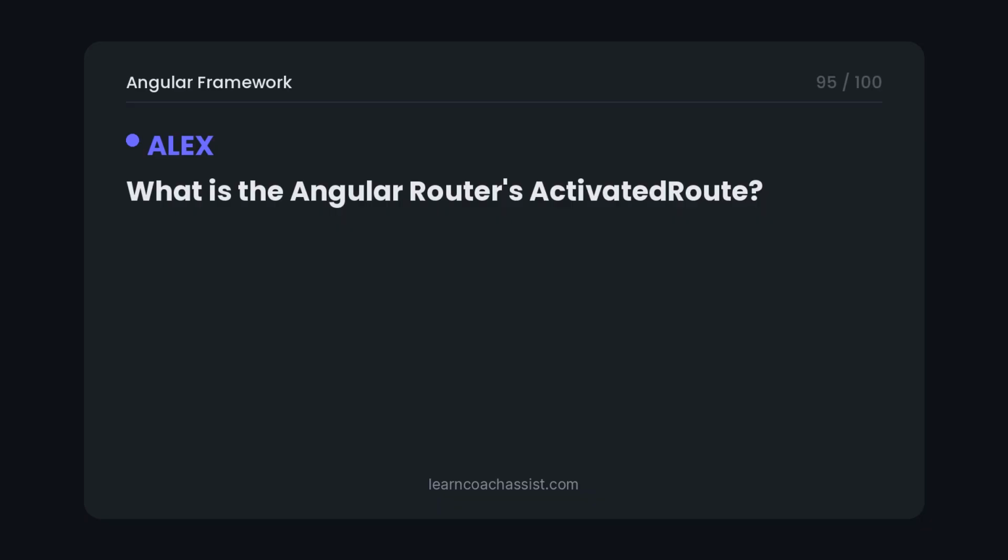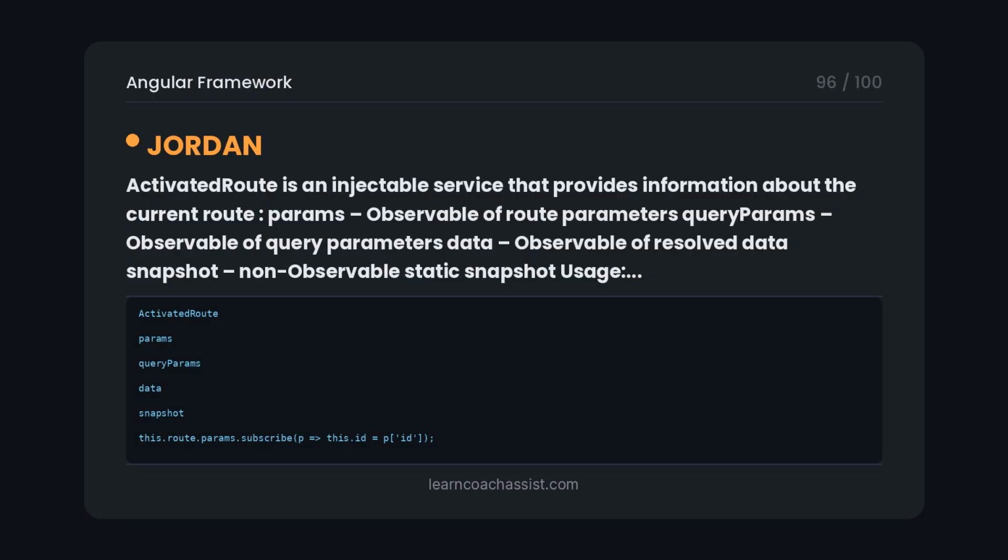What is the Angular router's ActivatedRoute? ActivatedRoute is an injectable service that provides information about the current route: params, an observable of route parameters; queryParams, an observable of query parameters; data, an observable of resolved data; snapshot, a non-observable static snapshot. Usage: this.route.params.subscribe(p => this.id = p['id']);